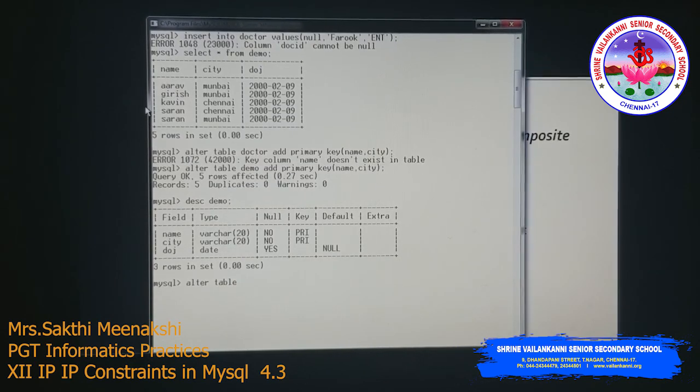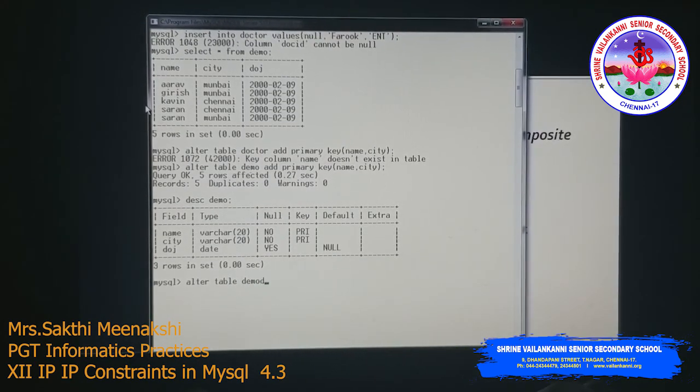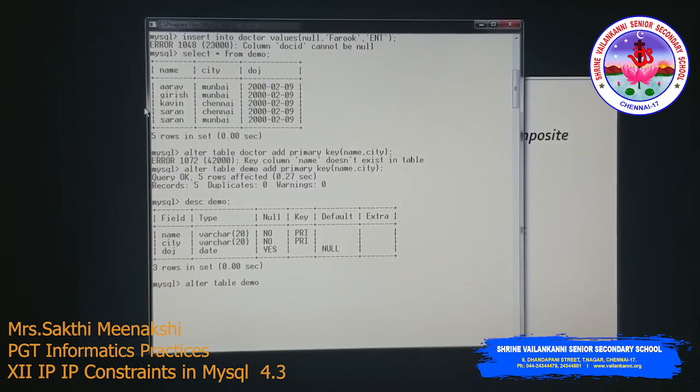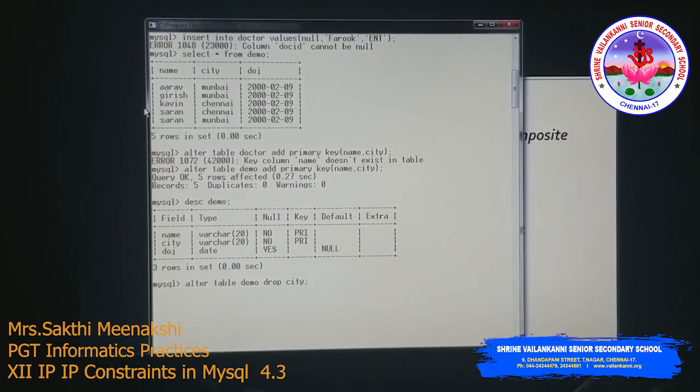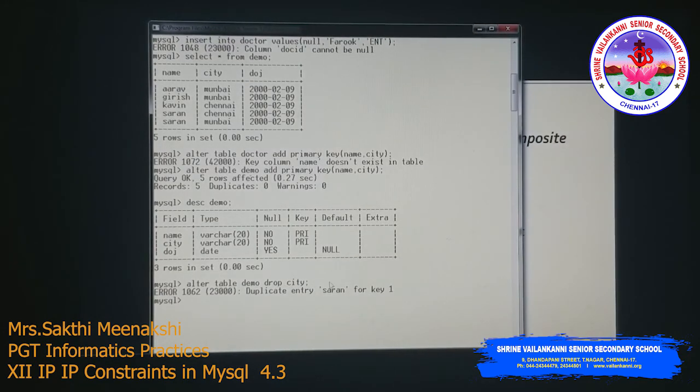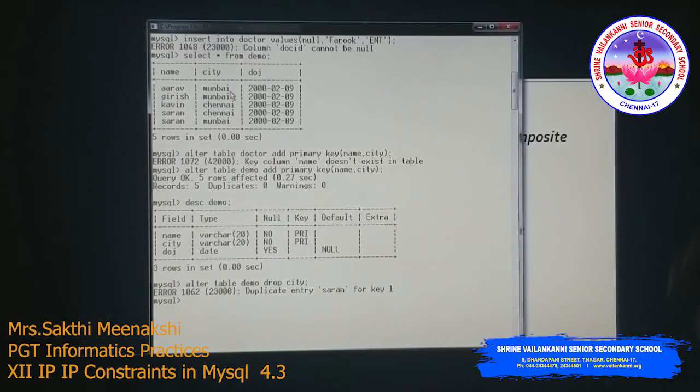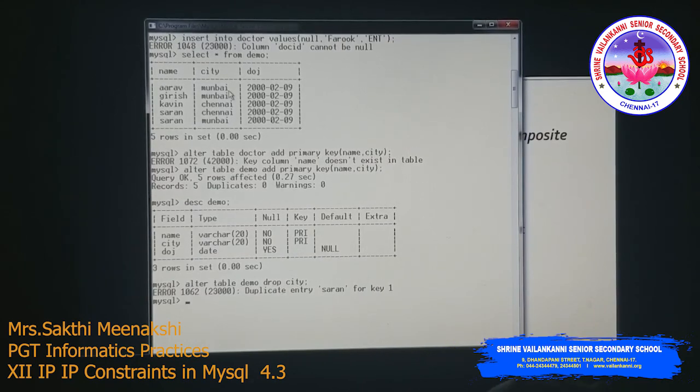I'm going to drop a column. So the command is alter table demo drop city. Okay, so duplicate entries are for key 1. So this denotes if the city column is deleted, automatically name becomes the primary key. Since it has duplicate values, it will not be a primary key. So this column deletion will not happen. So in this case, if you don't have the duplicate entries there,